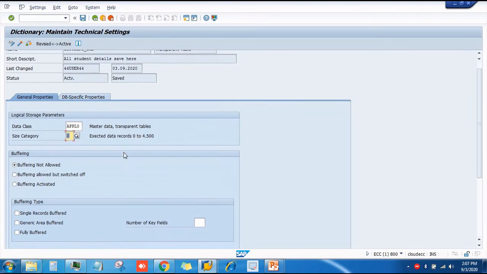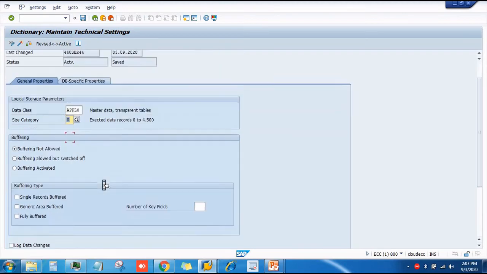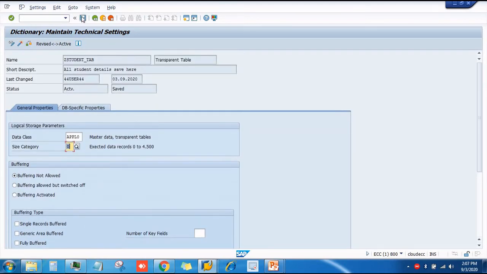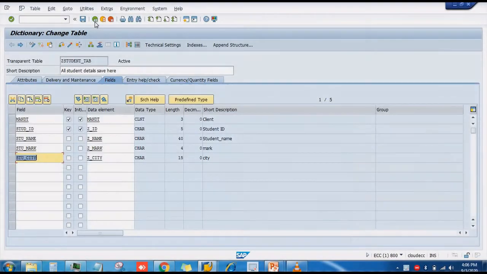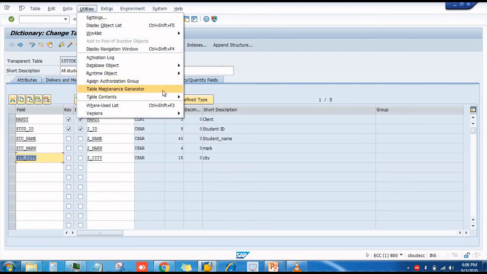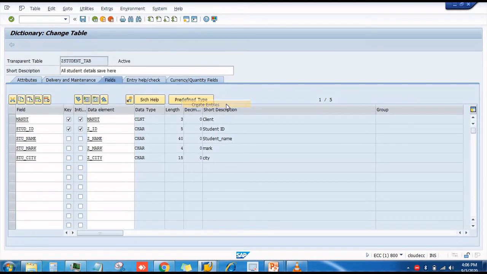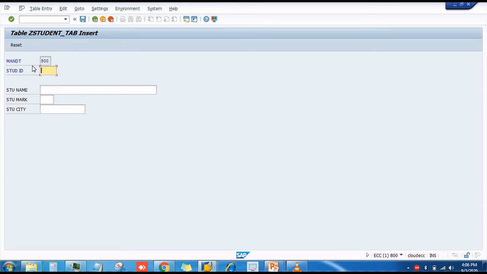Click here, 0. And for buffering, select buffering not allowed, the rest don't disturb for now. Now click save. Now let us enter some data in our table. So go to utilities, table contents, create entries. Here I am going to enter some data like student ID 101. Here I am taking my name Fayaz and the mark 88% I have scored, city